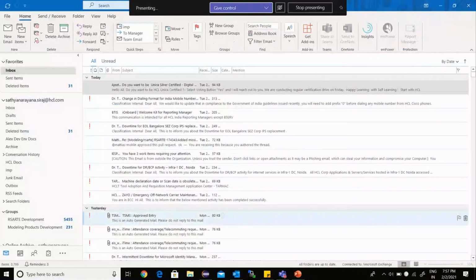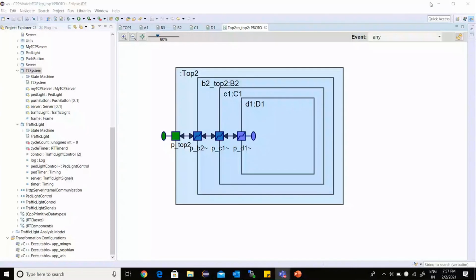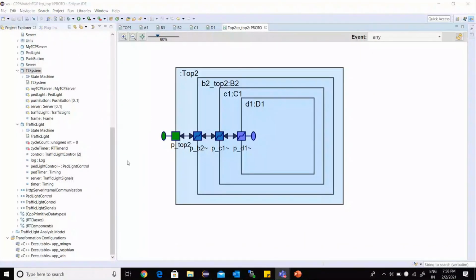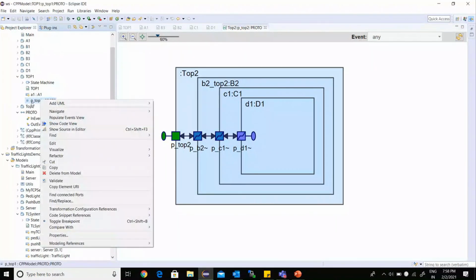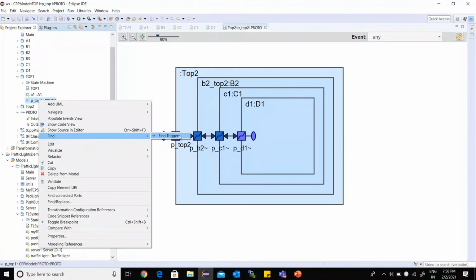So maybe I can add that the navigation possibility that Satya mentioned in the end here is what will allow you to navigate from a line in the code where you send an event to another place where that event is being received. Obviously, in the general case, there are many possible paths for an event to take through the composite structure. That's why bringing up this diagram will allow you to select which of the paths you're interested in, and then right click on the port, and you will get all the triggers that can accept the event. It's the same command as you have in the Project Explorer here, find triggers, but it will be filtered by the event that you have selected in the drop down to the upper right.